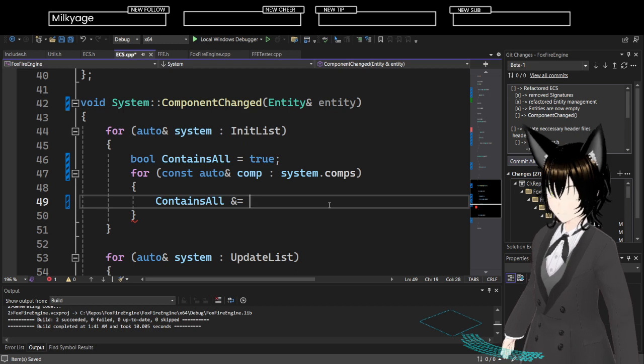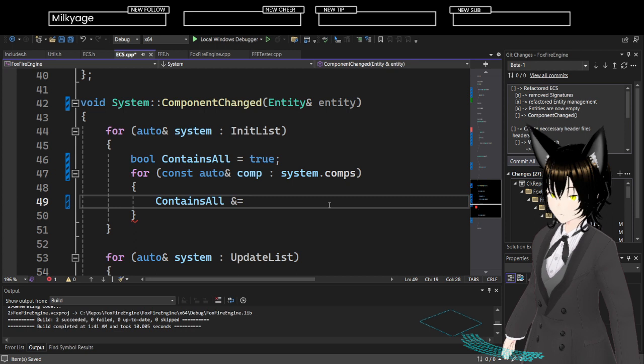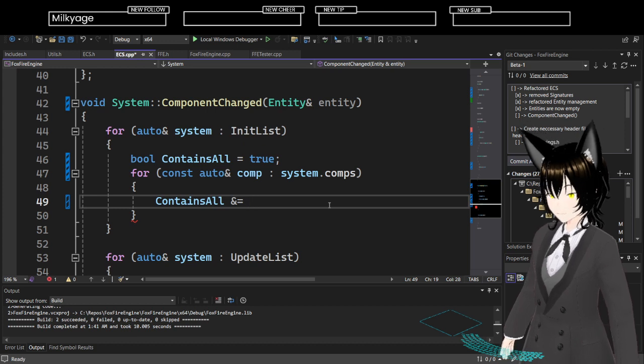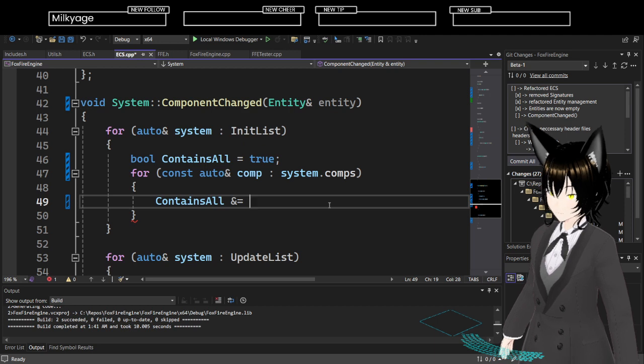So one way of doing this is I can have another map. And the map would be between a size t key and a set of what? Like a set of size t's?